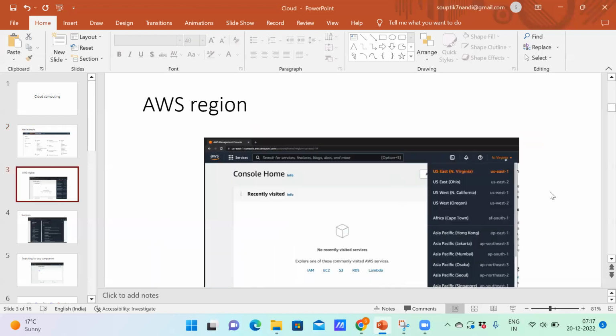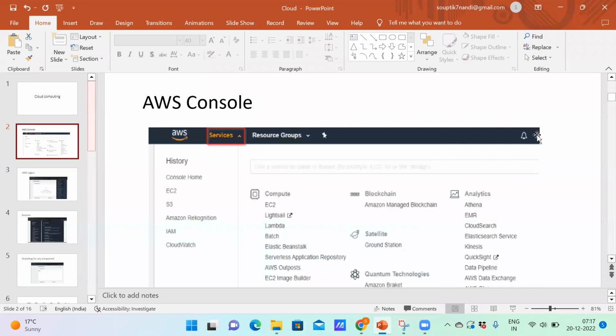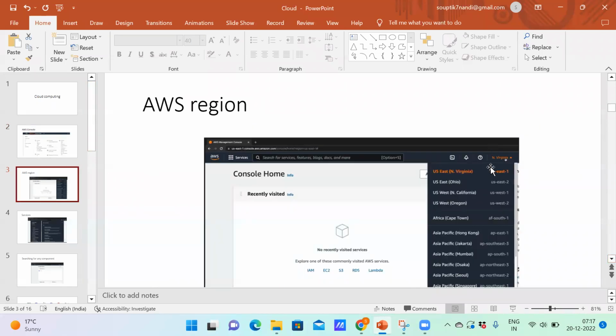This is very important: AWS region. In the console, you can see at the top right corner the particular region name, because AWS has lots of data centers all over the world, not exactly data centers, but centers for AWS. You should pick the nearest center from the region drop-down. The vendor or company will choose the region where it is located, because we need to use the components from that region. So we'll be choosing the nearest one,